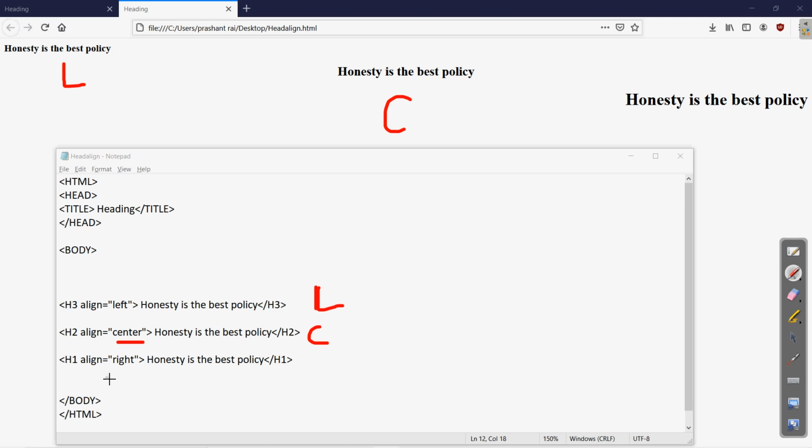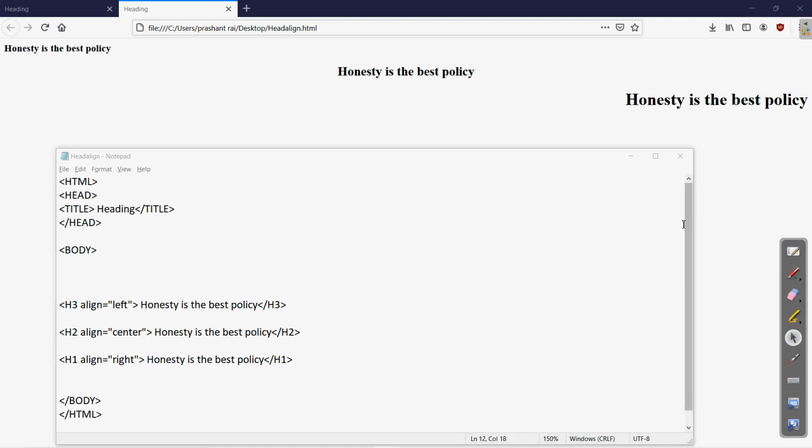And the third one, that is heading 1, which we have written at the last, has the right alignment. Clear? So this one is the third one. These are the 3 alignments which can be used for any of the headings, which are left, center and right alignment. Okay, let us erase this.